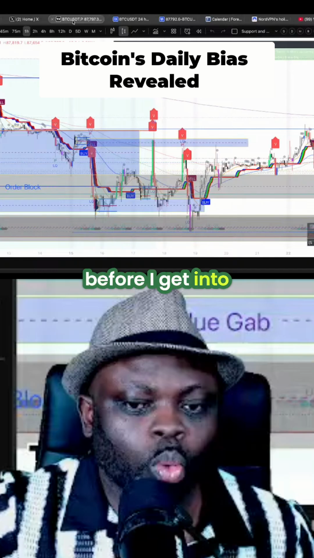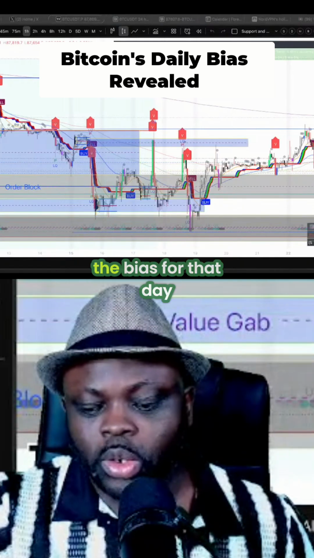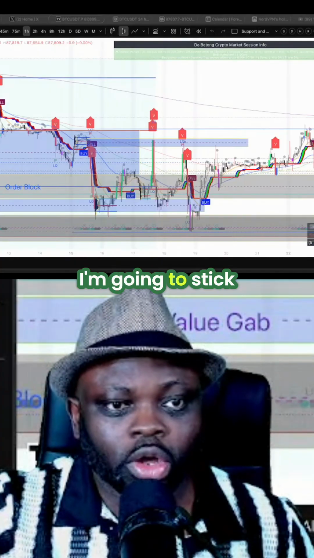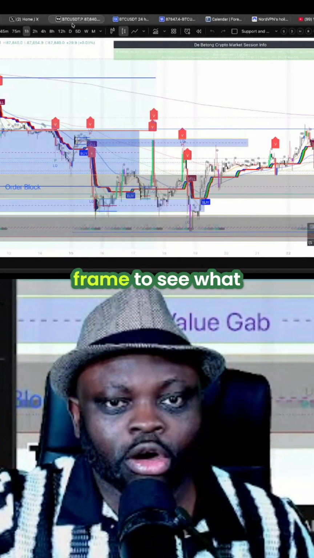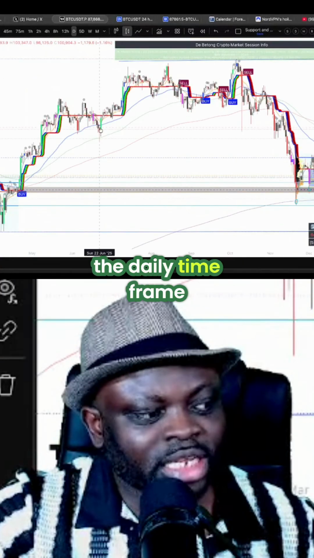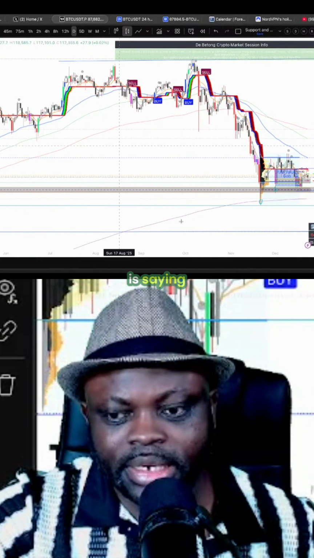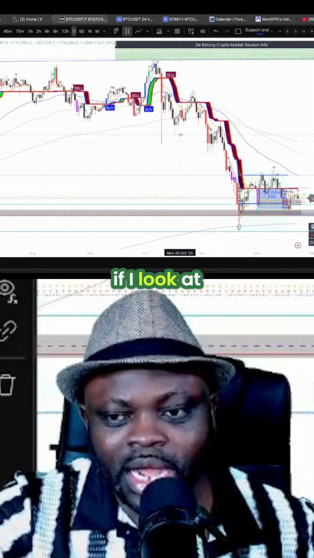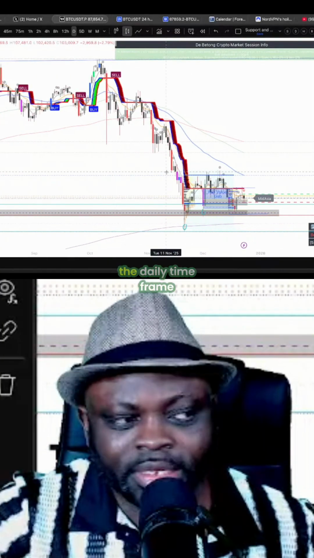Before I get into that trade, I want to know the bias for that day. So for me to know the bias for the day, I'm going to stick on the daily time frame to see what the daily time frame is saying. In this case, if I look at the daily time frame for Bitcoin,